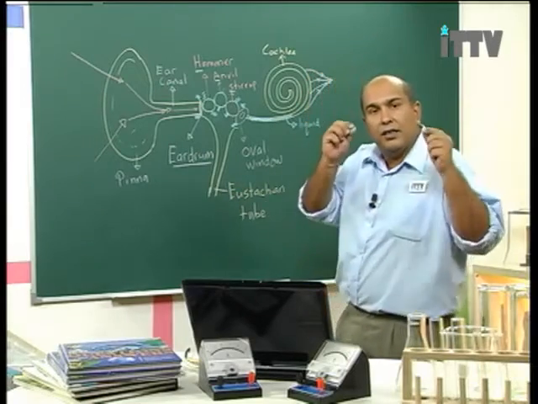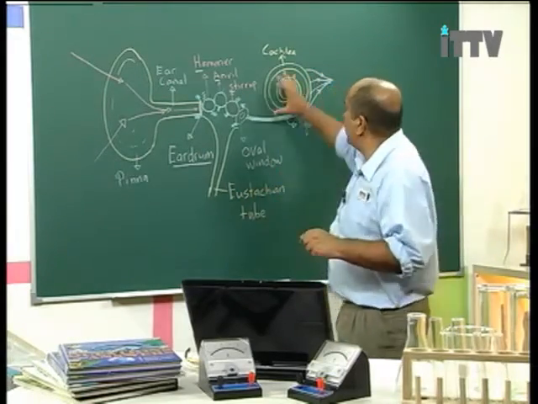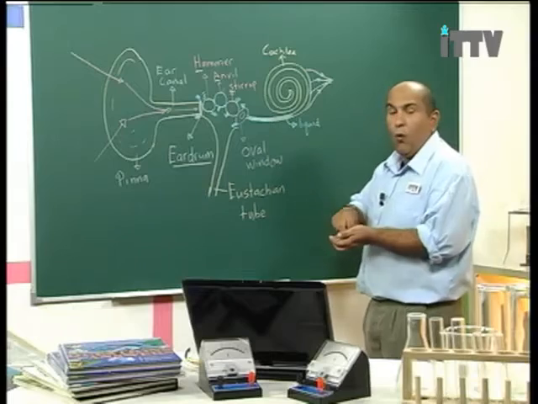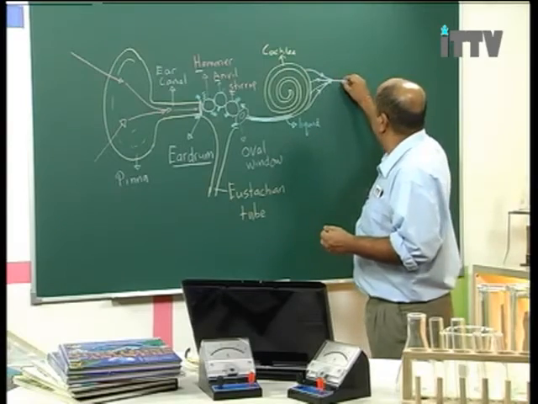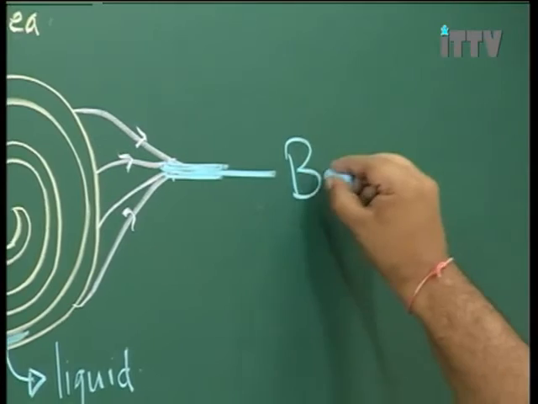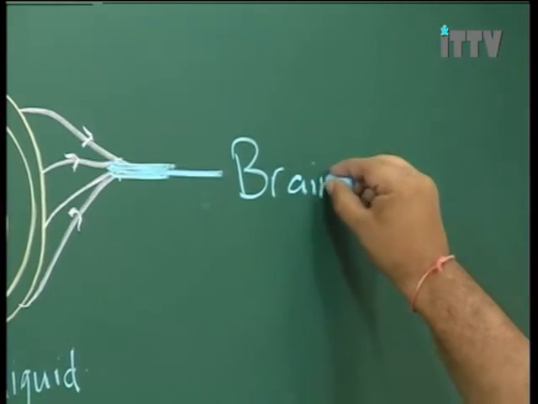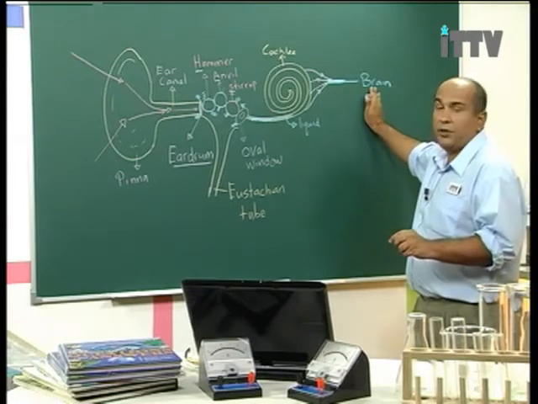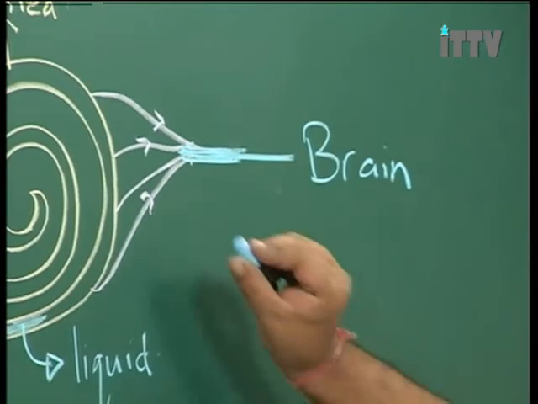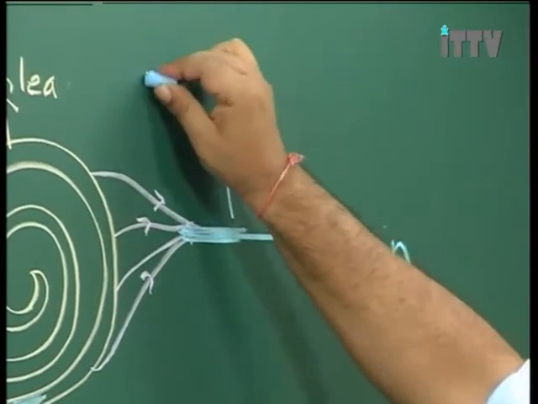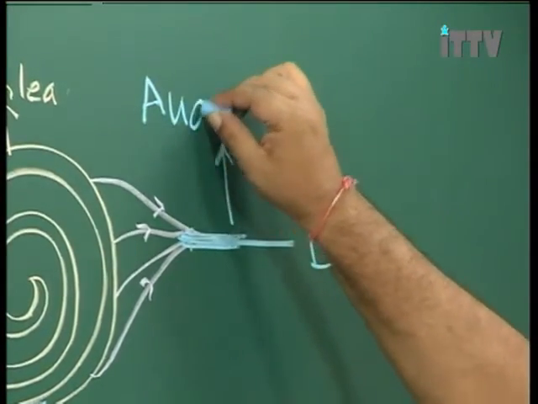So all the nerve messages coming out from the cochlea merge together into one big signal that is sent along to the brain. So we get one final signal being fired to the brain. This nerve that connects the ear to the brain has a special name. It is called the auditory